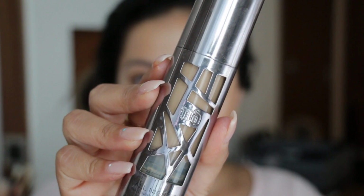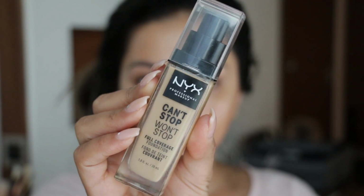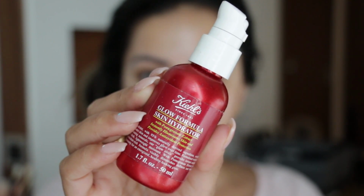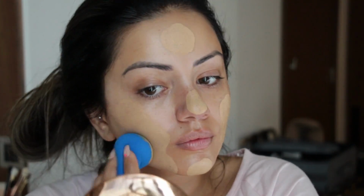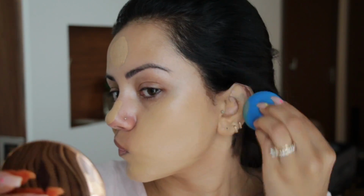I popped that on all over my face before going in with a concoction of my foundations. So I'm taking a mixture of the Urban Decay All Nighter mixed in with the NYX Can't Stop Won't Stop foundation, and also a teeny tiny bit of the Kiehl's Glow formula, because I just love the way this kind of makes the whole mixture really light on my skin. It doesn't add like the heaviness, and I'm just putting this all over my face with my damp beauty blender,